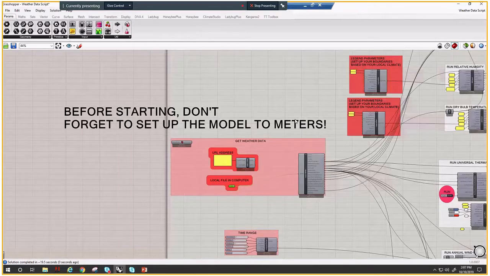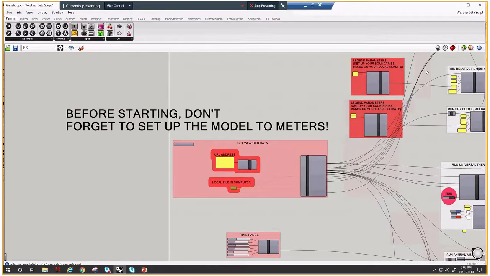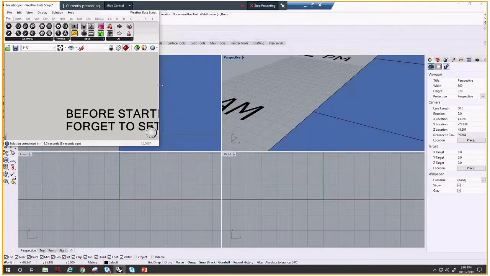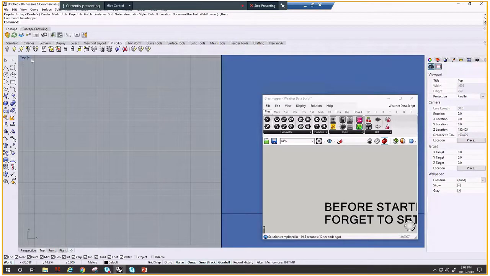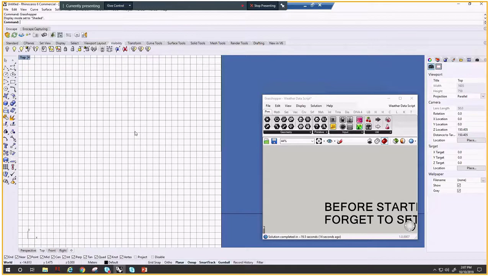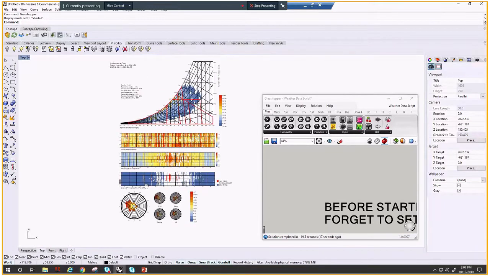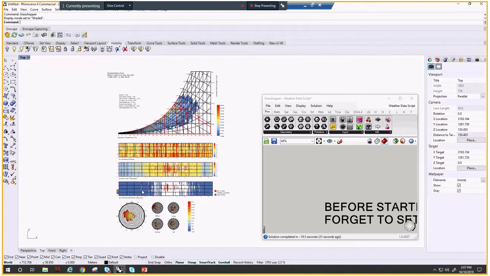And there you go. We minimize this. You should be able to see all the local weather information in your screen. So those are a series of charts, and I'm going to go into detail later on what each chart means and how to interpret. That tells you how your local weather is performing